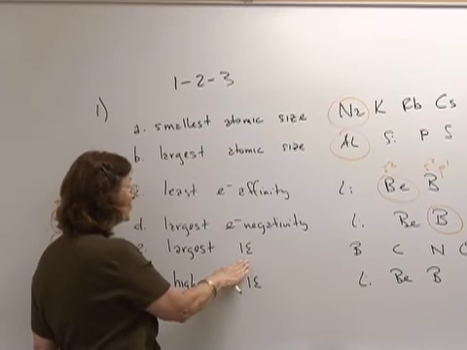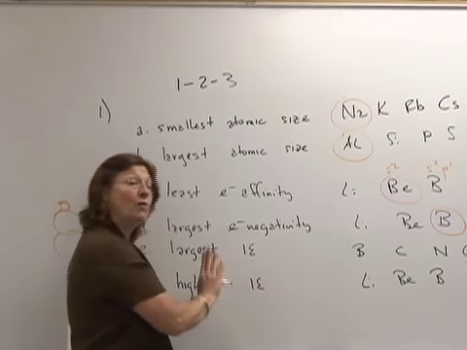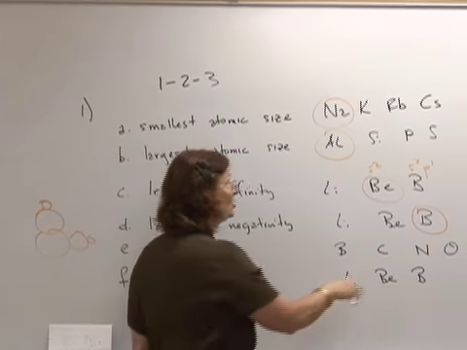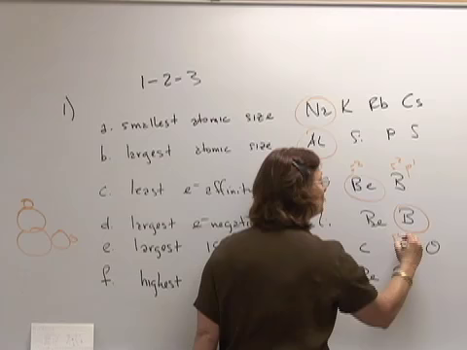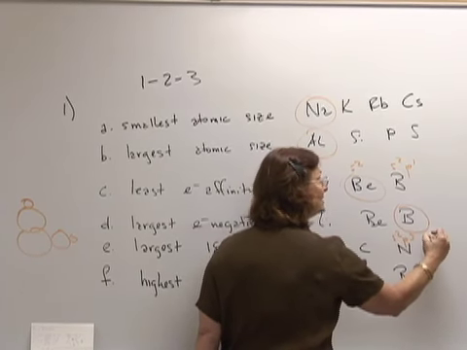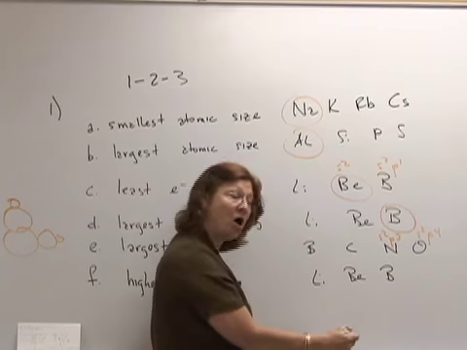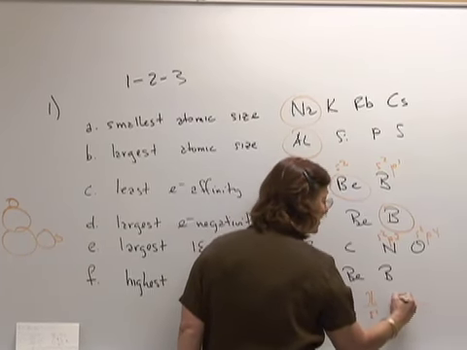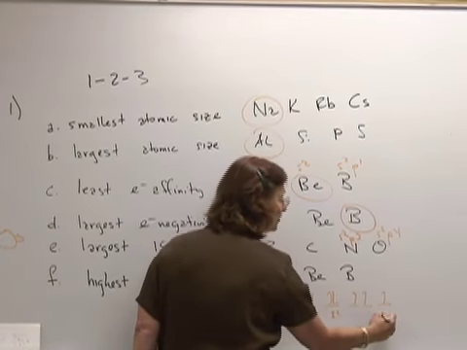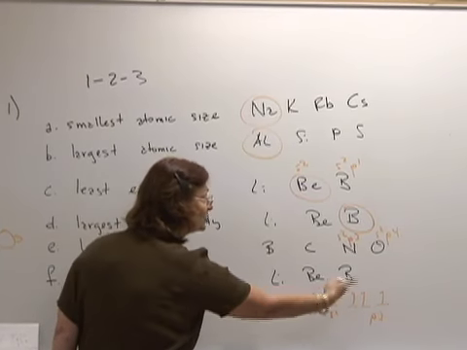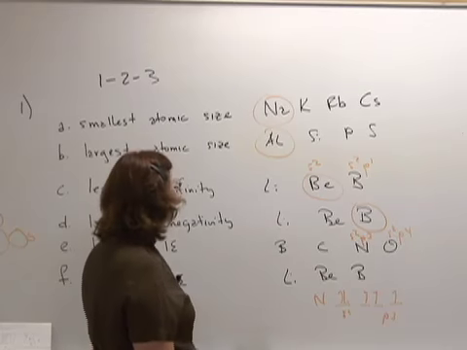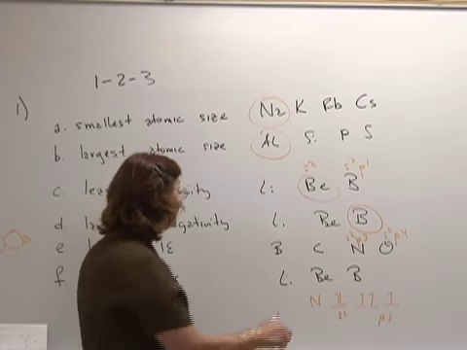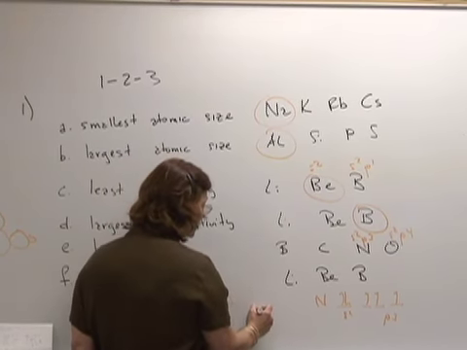Then we have ionization energy, the largest ionization energy. Well, ionization energy also has exceptions because they are measured values. And when we look here, we see that nitrogen is s2 p3 and oxygen is s2 p4. And you'll recall that nitrogen is s2 like this in my orbital filling diagrams like this, p3. And all of these electrons are spinning the same direction, and therefore it will take more energy to remove the outermost electron versus oxygen, which is